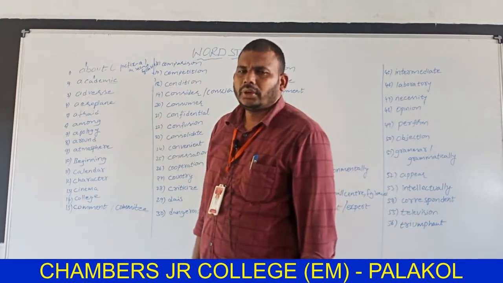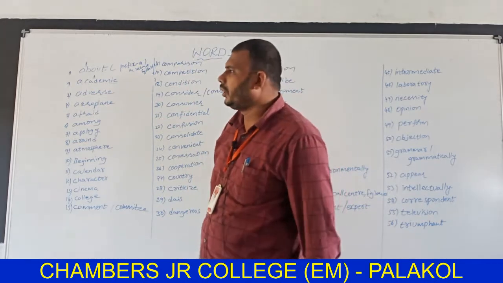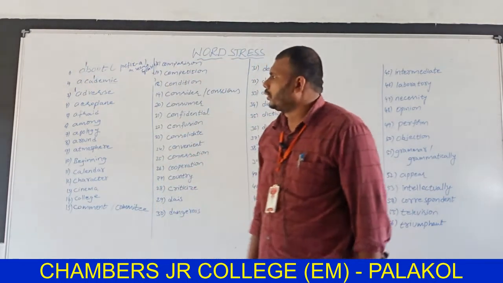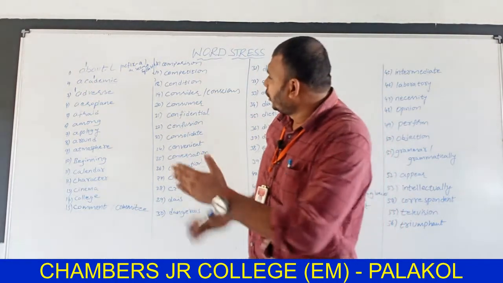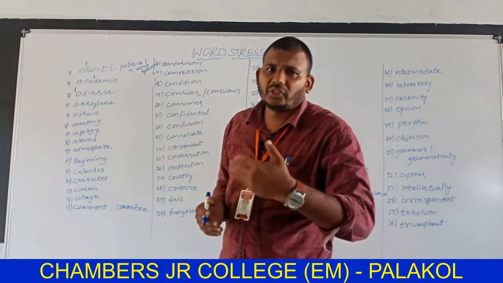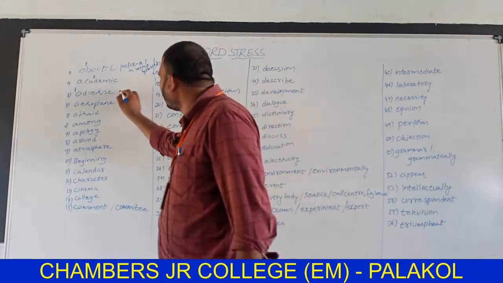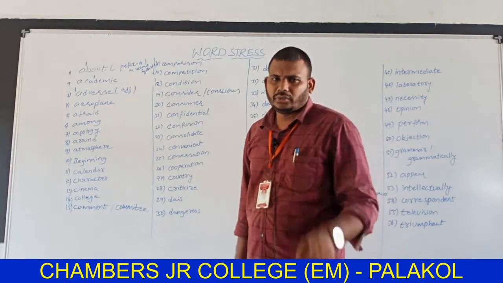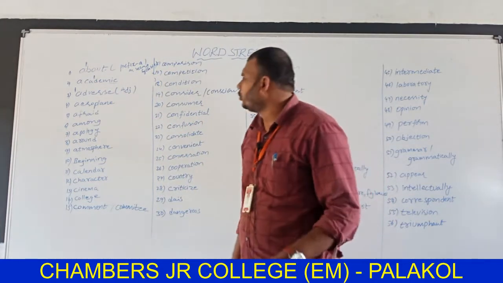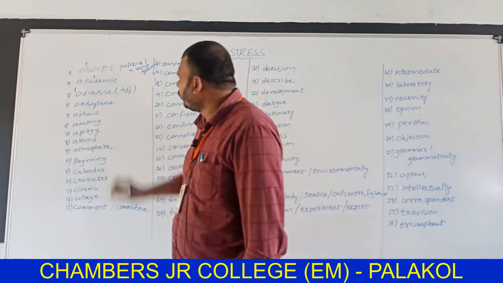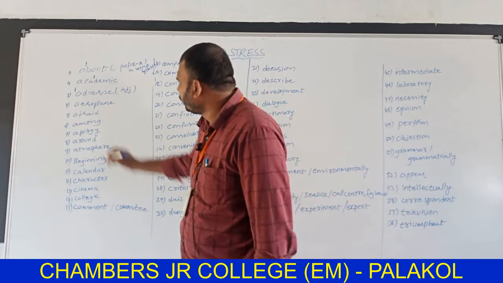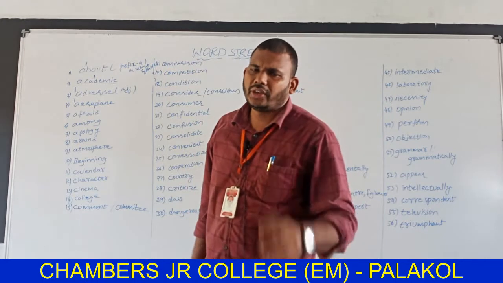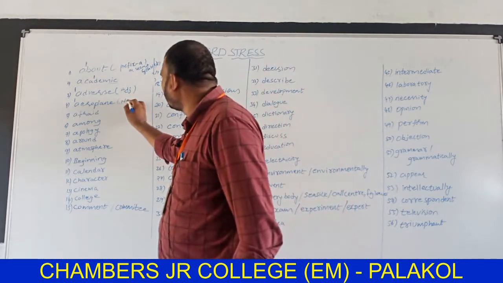Adverse. It is an adjective, so generally adjectives take stress on the first letter A. Don't think that the word adverse also has the prefix a. Here it is an adjective, so you can write adjective. Adverse means an unpleasant condition. Adversity, bad condition. And see the next one, the fourth one, aeroplane. Aeroplane is a noun, so we should mark stress on the first letter A, as it is a noun. So you can mark noun.